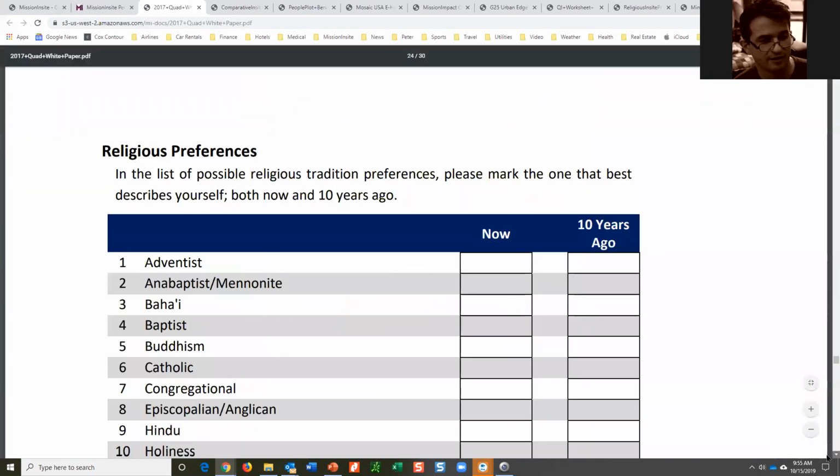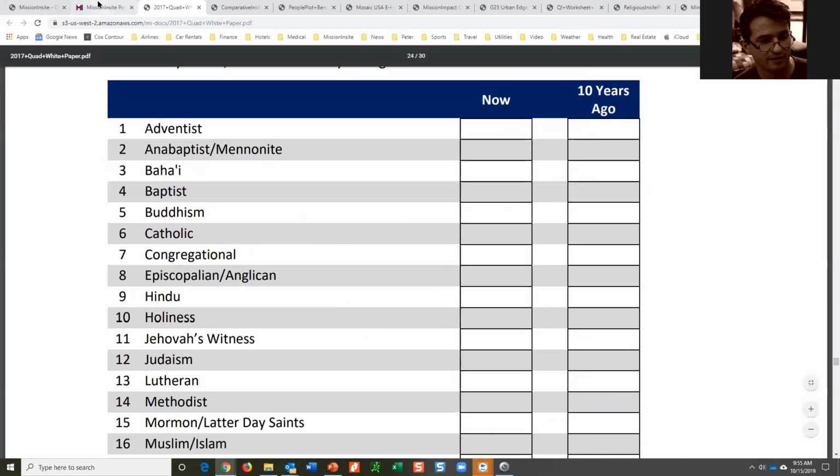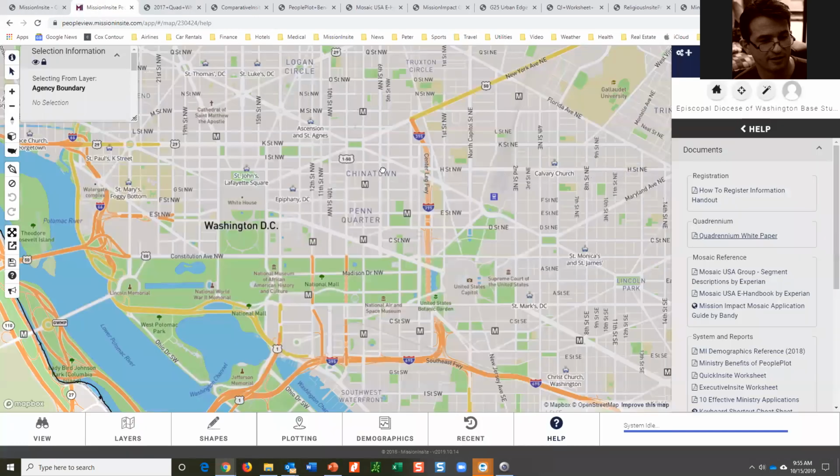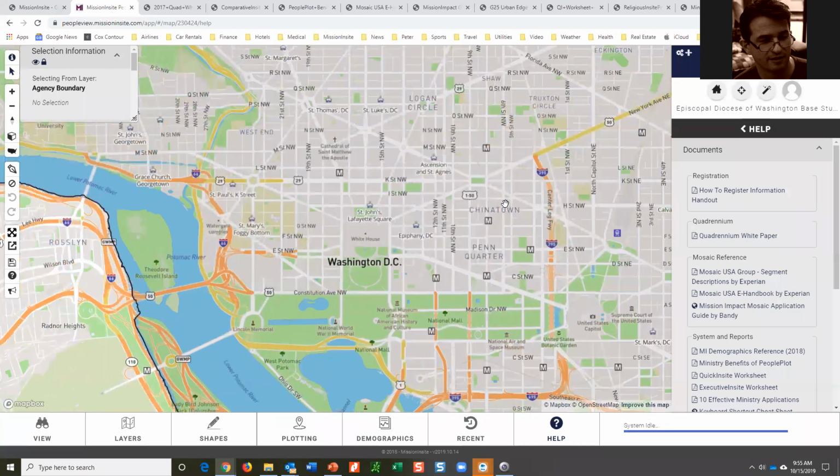Another question was, is the information uploaded, the parish's data? So if someone uploads their parish data to the system, I guess that's particularly the plotting data as far as the membership. Is that available for anyone else to see? In other words, will anyone else be able to see that information once you've uploaded it?